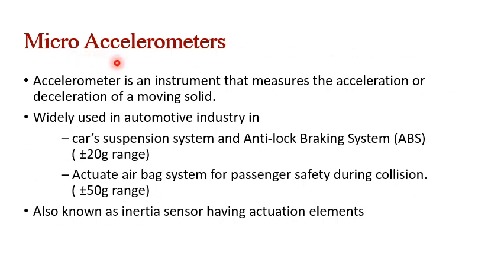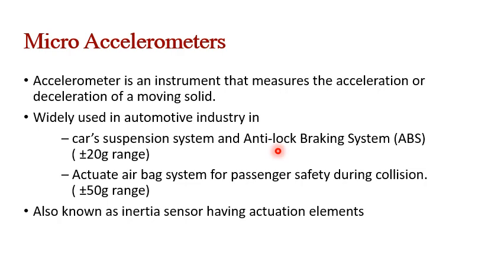So the next type of actuator is the microaccelerometer. The accelerometer is a device that is used to measure the amount of acceleration or deceleration of a moving object. These accelerometers are widely used in the automotive industry. For example, acceleration sensors are used in the car suspension system and the anti-lock braking